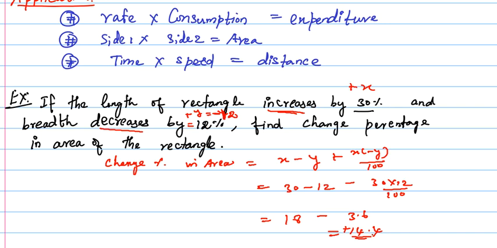Sometimes they will ask to find the value, where the original area is given. After that they will ask what the increased value of that area is. So from that you have to find the area into that percentage. You have to find 14.4% of the particular area. From that you can easily identify the increased value of the area.